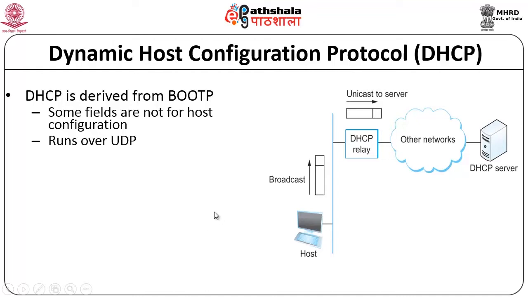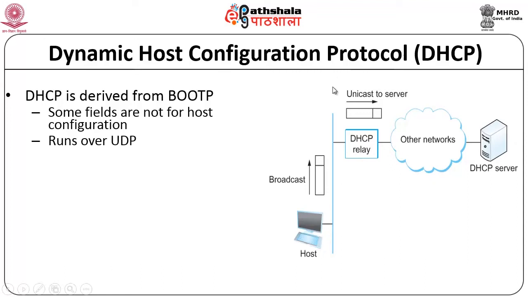So let's look at this DHCP protocol. For the DHCP protocol to work, these are the elements that need to be there in the network. Let's say your host is here, connected to some network, some subnet, and there has to be some kind of a DHCP server which is connected to your network. Now this DHCP server may be directly sitting on your network itself, or it may be connected through what's called a DHCP relay agent, or DHCP relay, to your network.